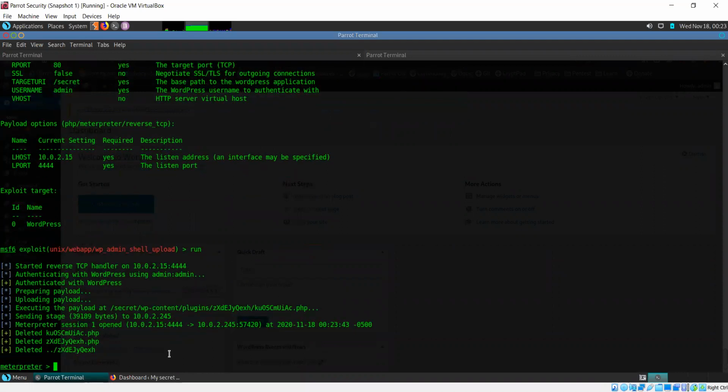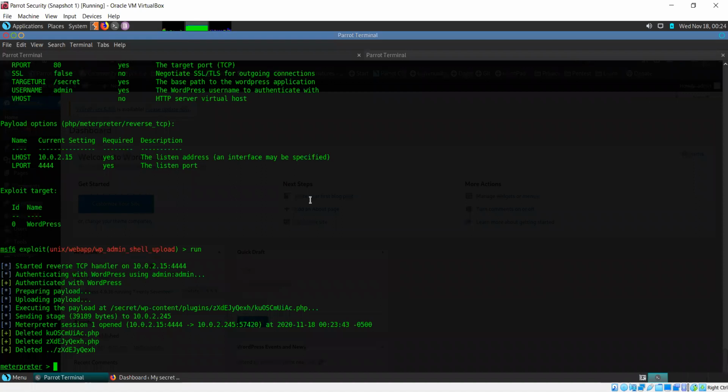Okay, so we now have a Meterpreter shell. Whenever you find a username like that, you can try some default password. For admin, a default combination is admin admin. You'll find this even for, let's say, your router management console. Even there, the default password is kept as admin admin.